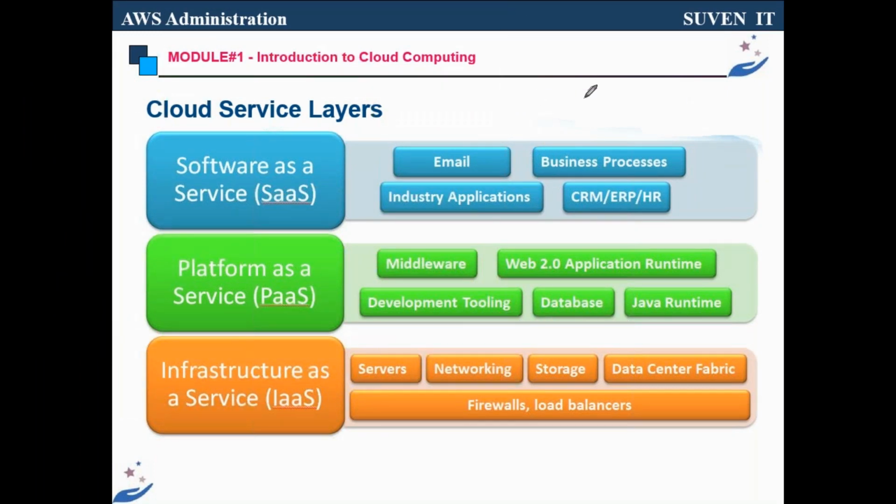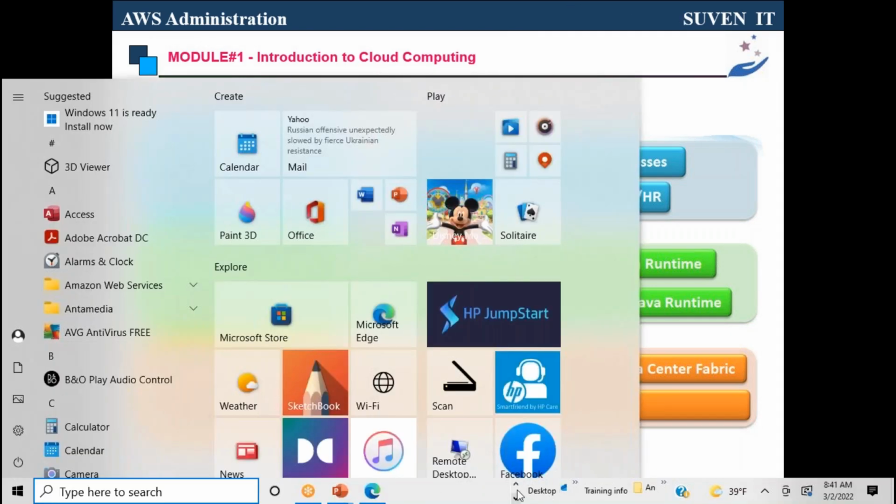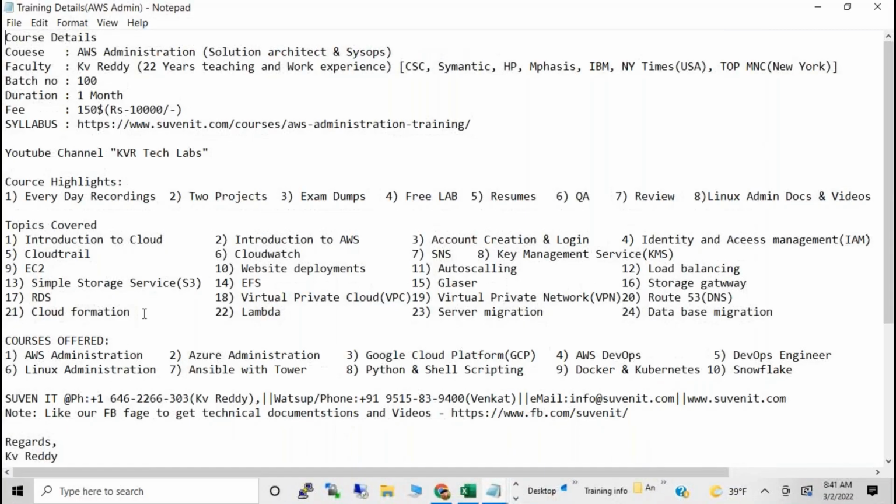Hi sir, good evening. Yes, good evening. Actually, with AWS administration, you will provide a certification, right, sir? You can ask me about that after this session. Just please note down my number and call me. If you have any technical doubt, let me know. I don't want to interrupt everyone. Take this screen as a screenshot.